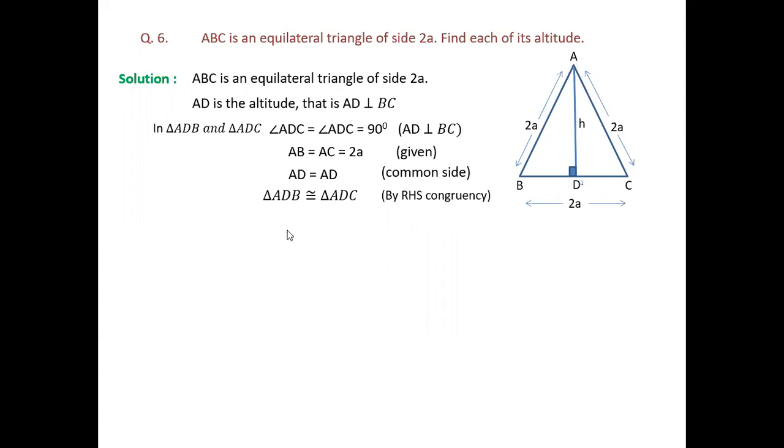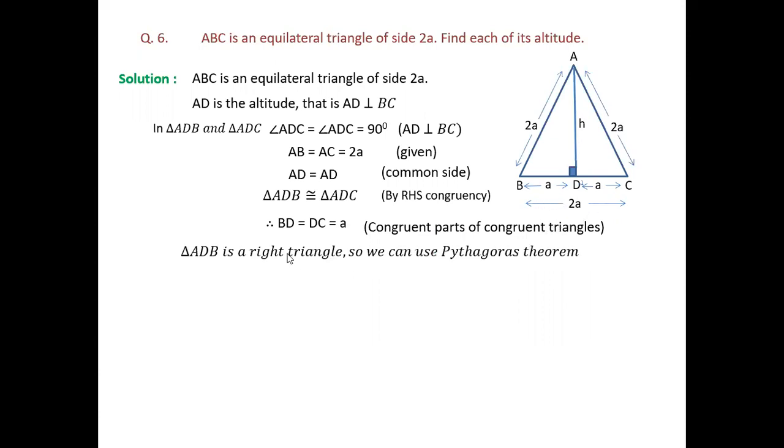Because these two triangles are congruent, BD and DC must be equal, but BC is 2A. So this should be A, and this should be A. We got the congruent parts of congruent triangles. Clear? Both are A, because A plus A is 2A, that is the total length of the side. Now triangle ADB is a right triangle. To this triangle we use Pythagoras theorem. When you use Pythagoras theorem, it is AB